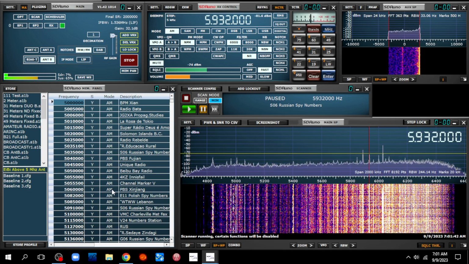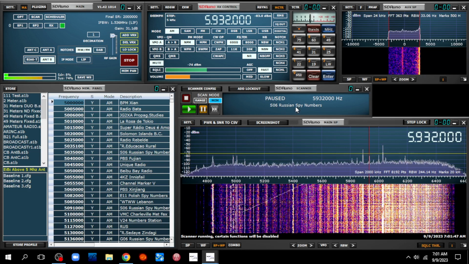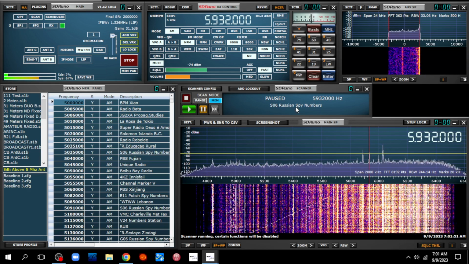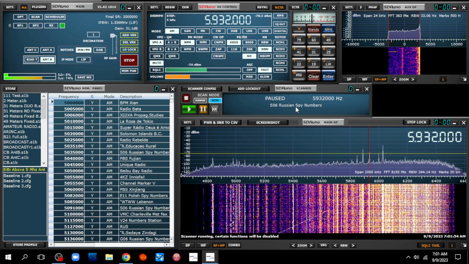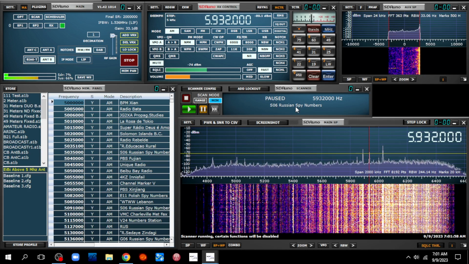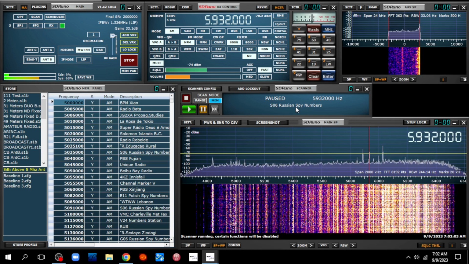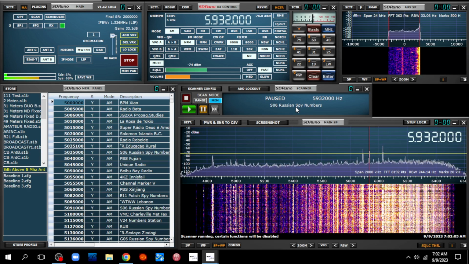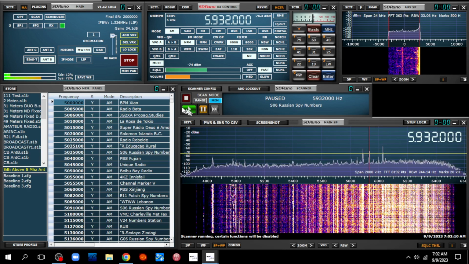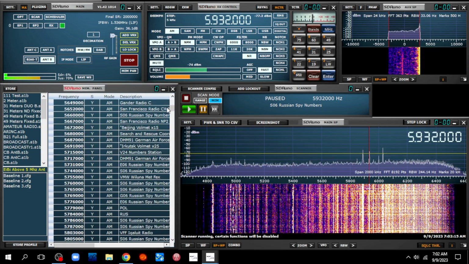But what happens is it's displaying, like right now, that this is the Russian spy number station, where they just spout out numbers, which, from what you heard in the audio, this is not. So there's another station either close by or on this frequency, maybe like 5930 or something like that, that is what we're really hearing. Now I think I can come down into the database here, and